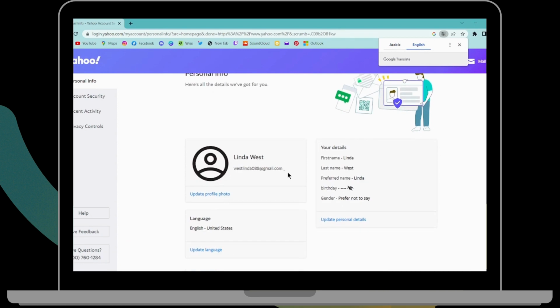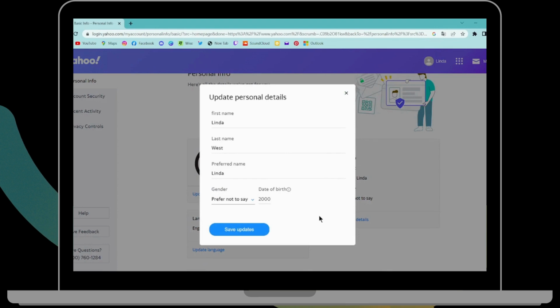And after choosing, go to update personal details,